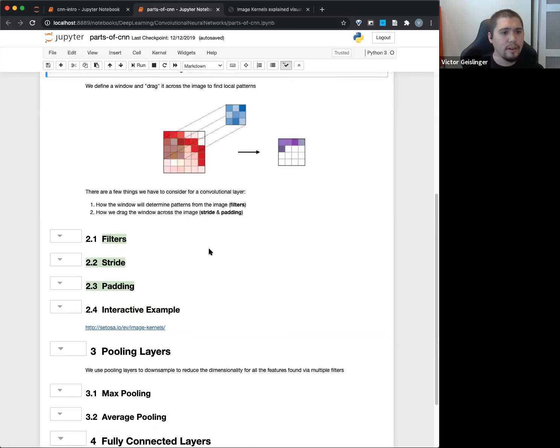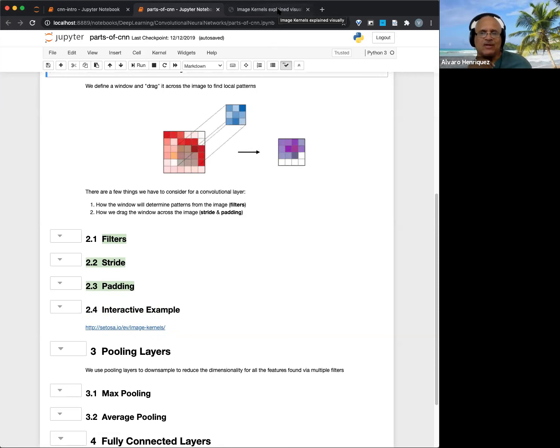Okay. Avero? Yeah, just kind of an interesting thing is that I heard that though it is called convolutional neural networks, it really should be cross-correlational neural networks. Because when you look at the whole thing from signal theory, they're not really doing convolutions, they're doing cross-correlation. And I didn't come up with this myself. I heard that from Andrew Ng.